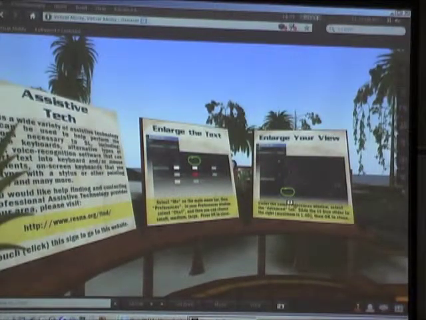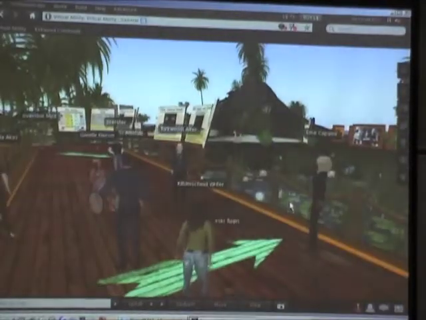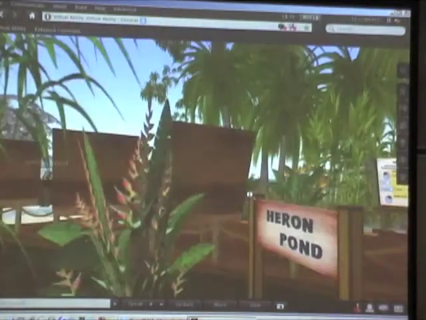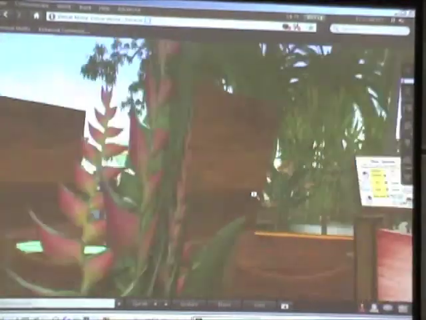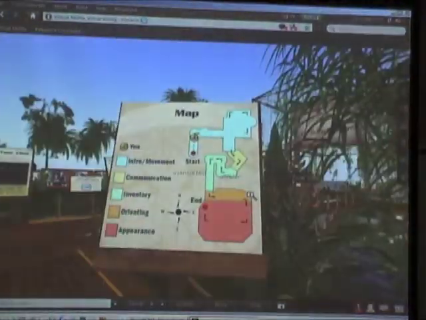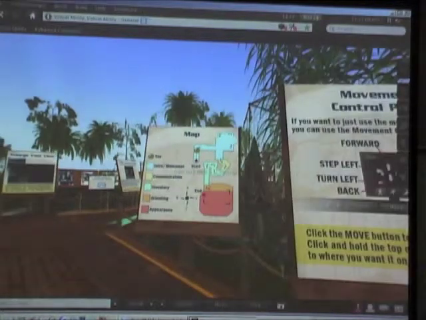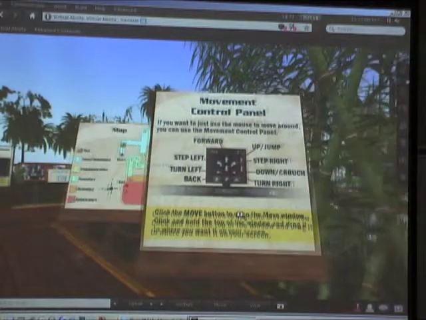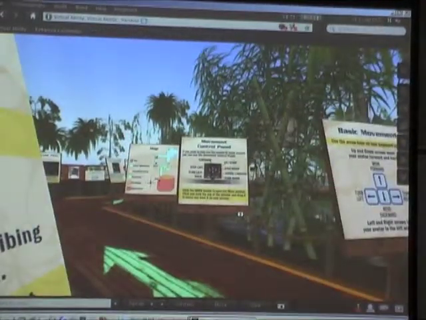We also tested the background of the sign. We started out with white background and black text, and we would do A and B testing for our community, and we would set up signs, and then they would come by and say, this one is easier for me to read, or that one is.